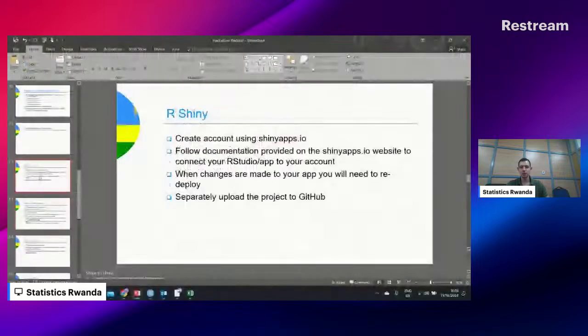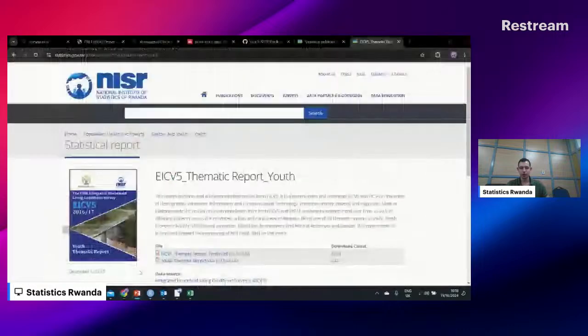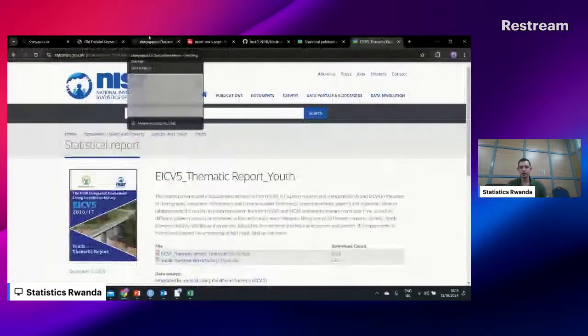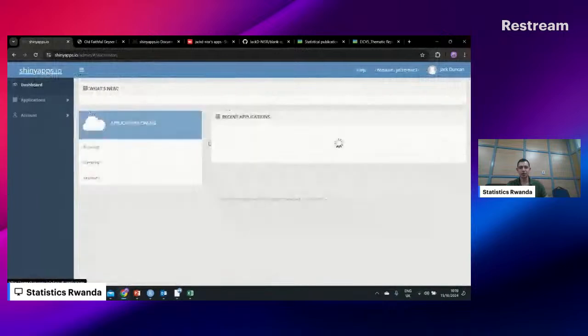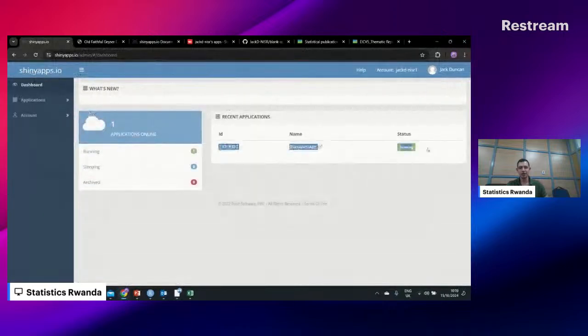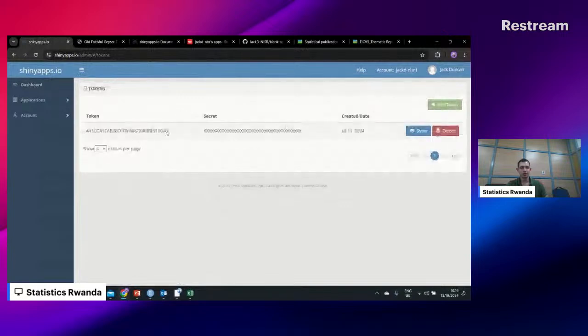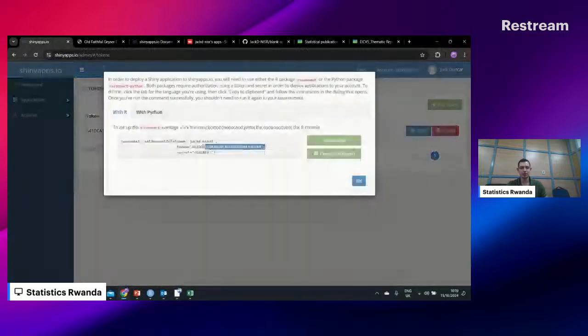So if we first go online here into shinyapps.io, once you've made your account, what you should see is this dashboard. There won't be an application here. There is for mine because I've already set this up. You come in here to your profile and your tokens. What you'll see here is a token with a secret address, and you can click here on show, which will give you the token